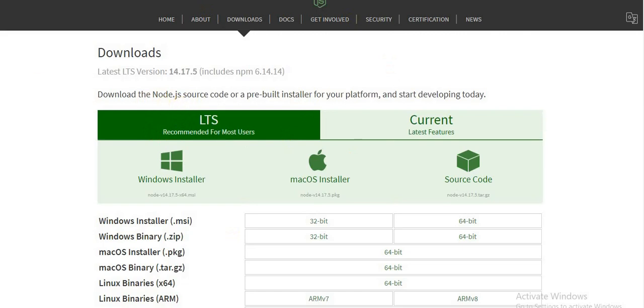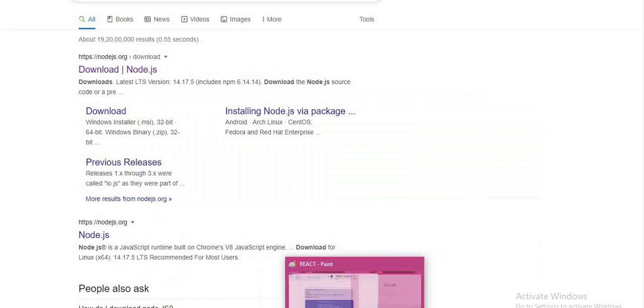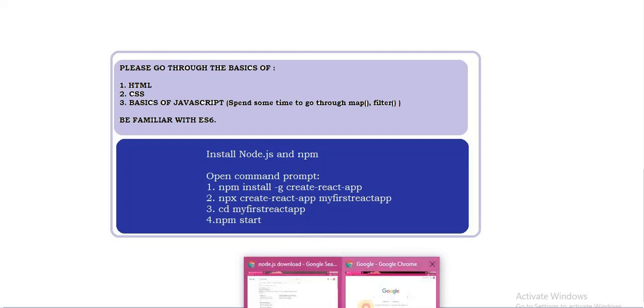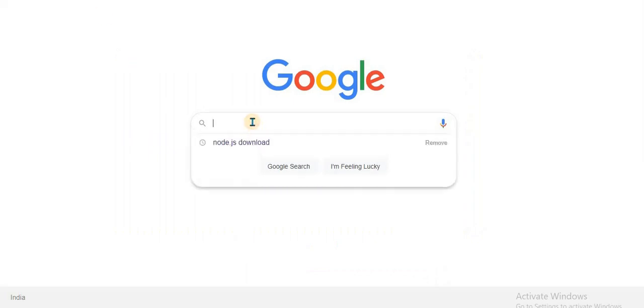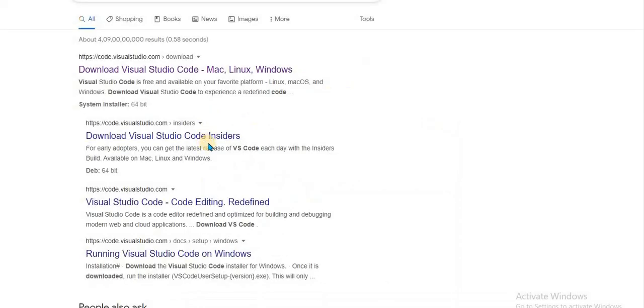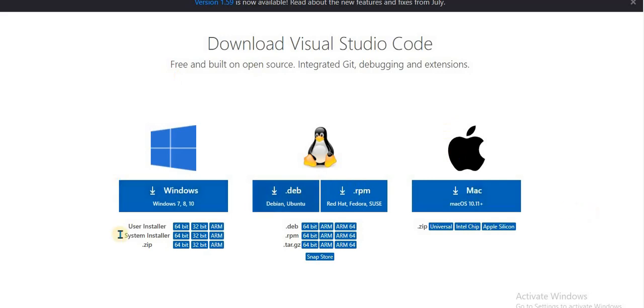Okay, then, first of all, you have your Node.js and npm. Secondly, make sure you have a good editor. I would recommend you to download VS Code. If you don't have it, let me show how to download that. Just type VS Code download, because for this tutorial I'll be using VS Code. So this is the first link that you are going to follow. You can download it for your platform, and the installation process is again very easy. I'm not going to waste time on the installation process, so you can do it yourself.